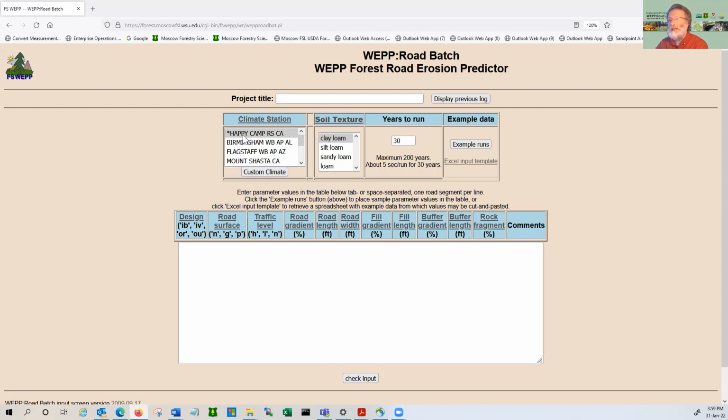So here is my Happy Camp ranger station, which I had picked out with the WEPP Road interface demo. And then I'll locate my soil of interest. I'm going to pick the sandy loam. I'm going to stick with the 30 years of runs for the model. And now I have two choices. I can use the example runs and it will fill out the template right down here, or I can use